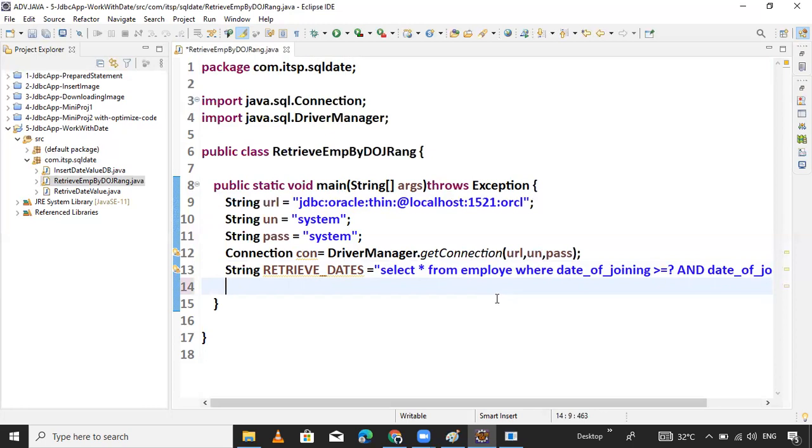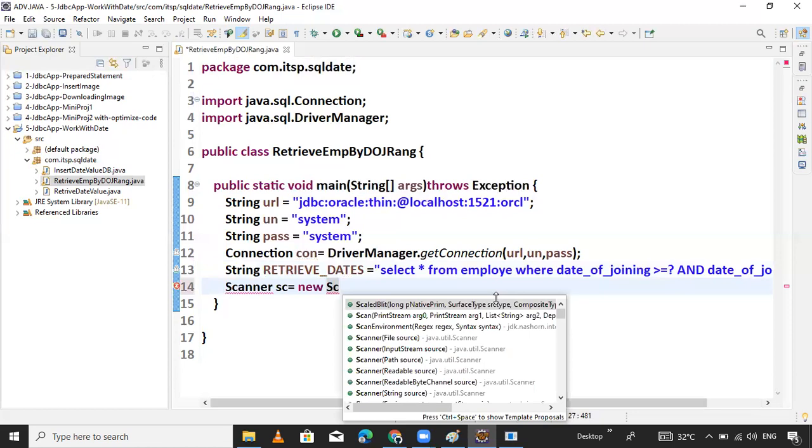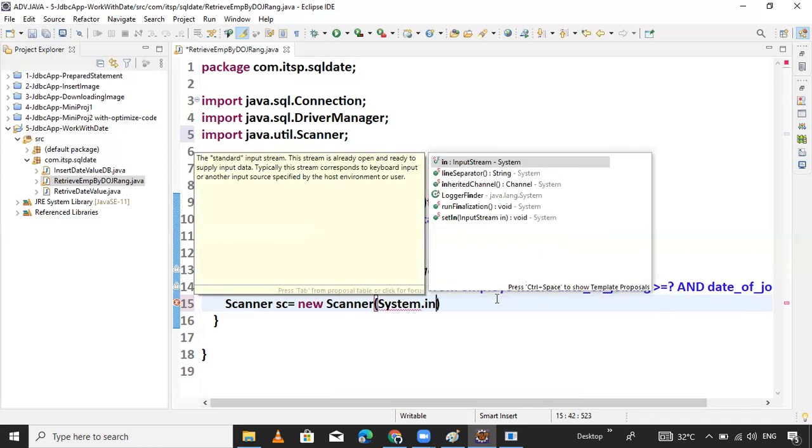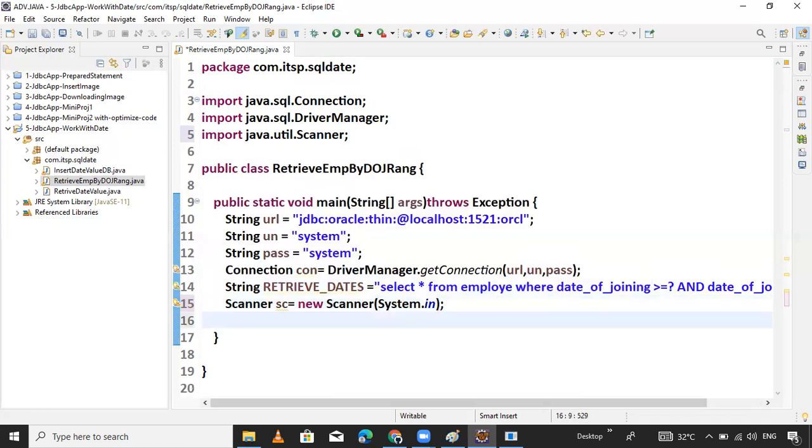Now next is asking the user. So we prepare one Scanner, sc equals to new Scanner, pass System.in. So, asking the user, hey user,